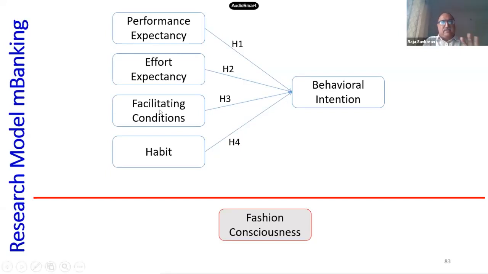Okay, so if this is the model, what I'm using as a marker variable is fashion consciousness. So what is fashion consciousness? How conscious am I about fashion? Do I consider it to be of prime importance? Now, if I compare my study versus the marker variable that I'm using, fashion consciousness, there is absolutely no relation between them. Now, the key question which comes in is, what is the right approach of choosing a marker variable? Can I just choose anything arbitrarily?